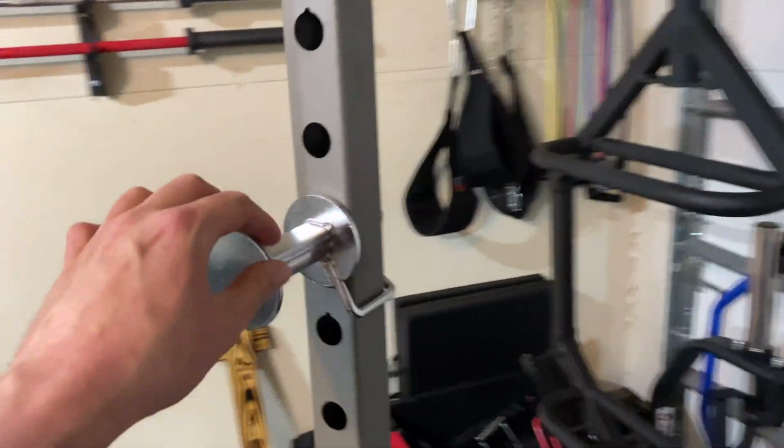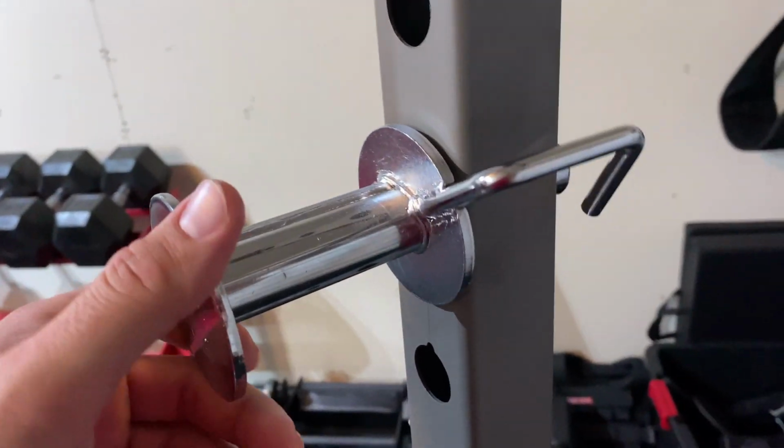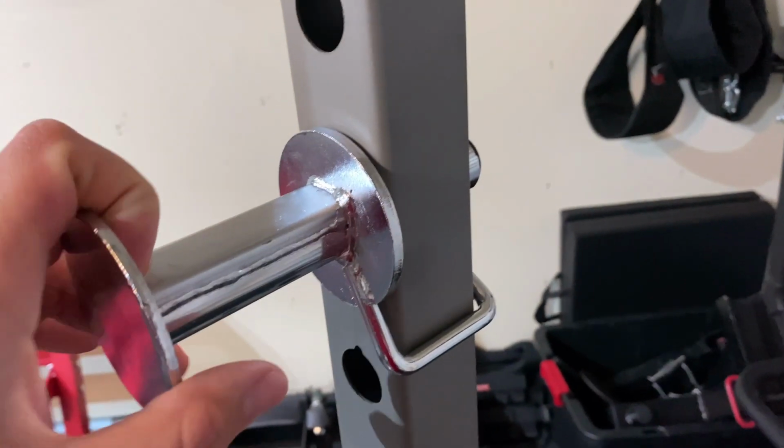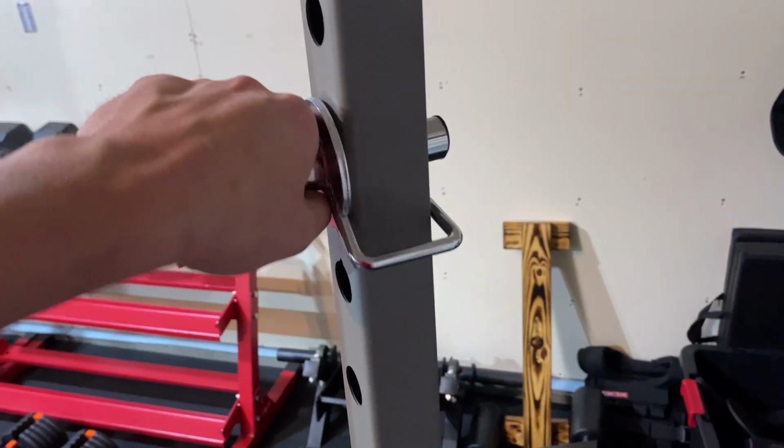And then here's, like I said, the J cups that come with it. I don't recommend these. Starting out, that's fine if you have a cheap bar. But if you want something that's going to last, I would get a real J cup,